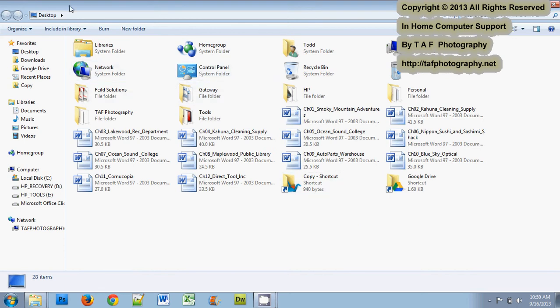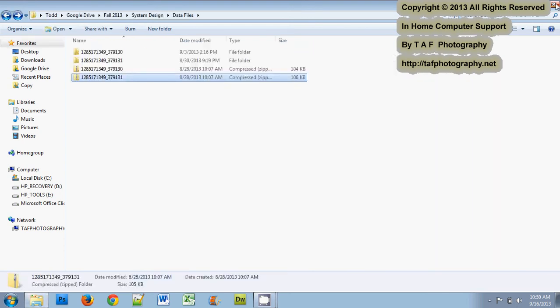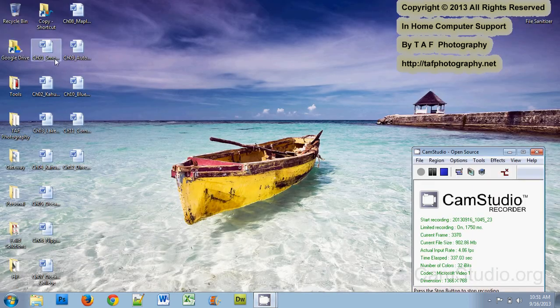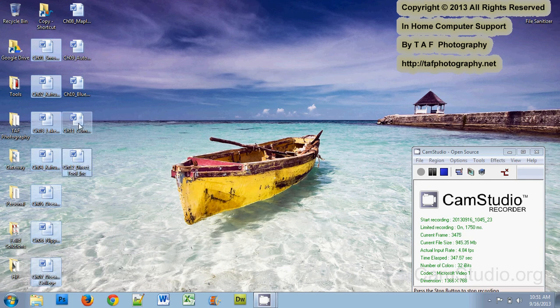So now we can see we're in the desktop, and it extracted all of these files. So if I close all of this, my desktop now is all messy. If I hold down the control key and just slide over and tap everything I want to move, they're all selected. I already have these in a folder, so I can now just left click, hold down the